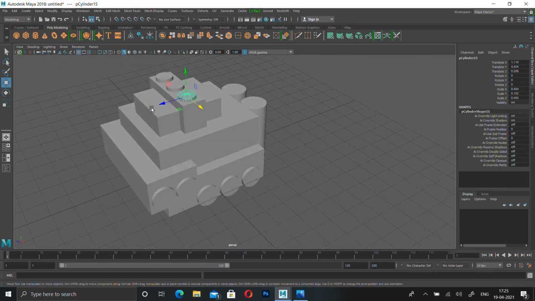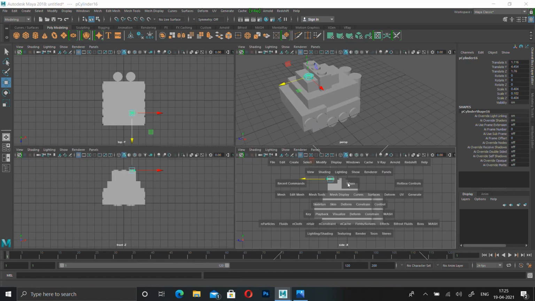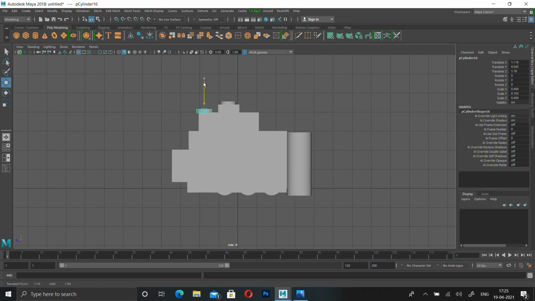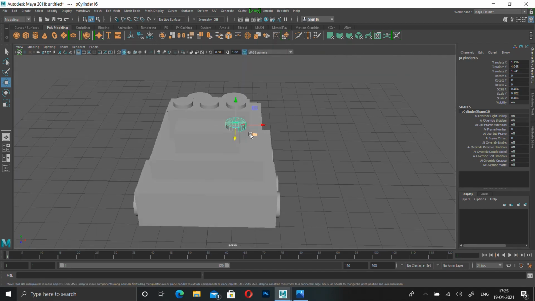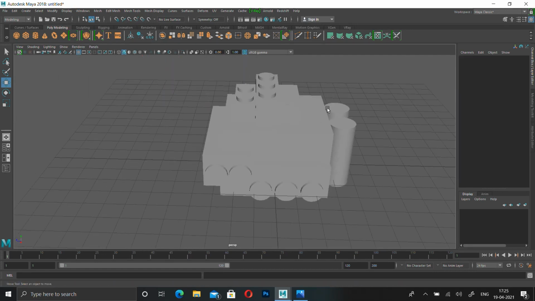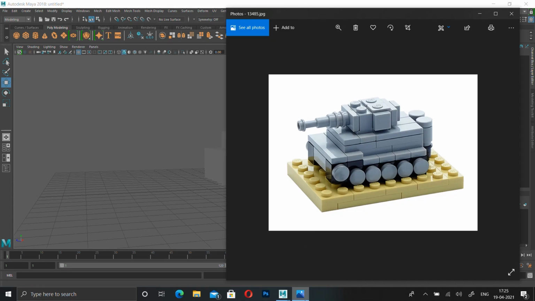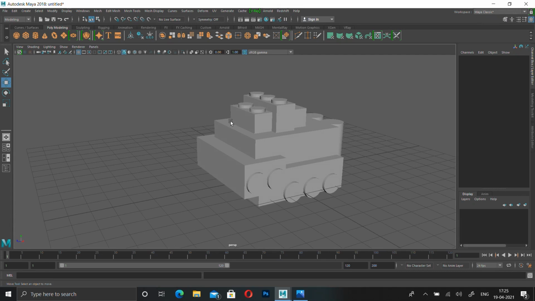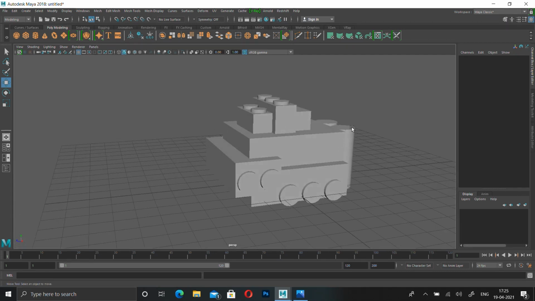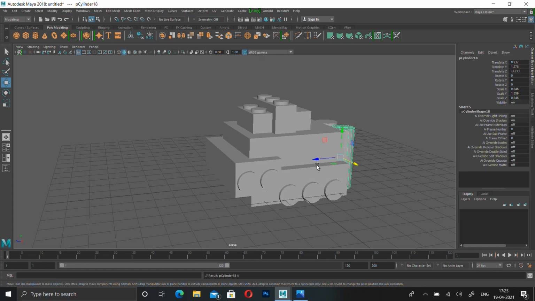Now we're going to place this here as well. Control D. Control D. Now what we need is a cylinder. Now this cylinder, we're going to place a cylinder here. Control D to duplicate